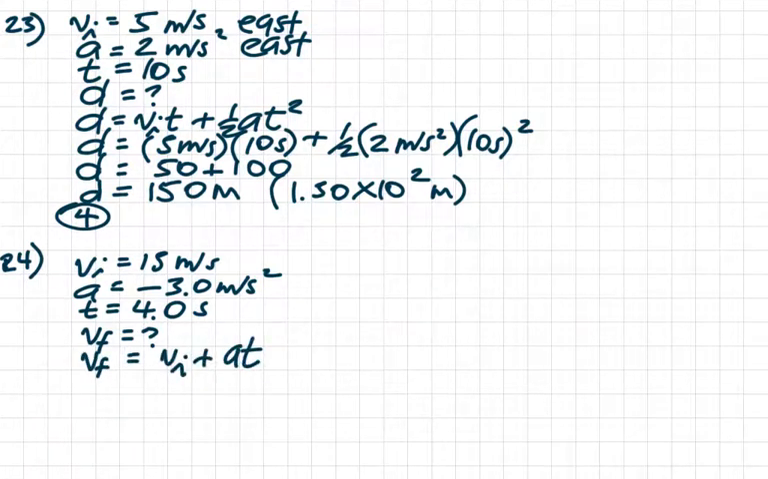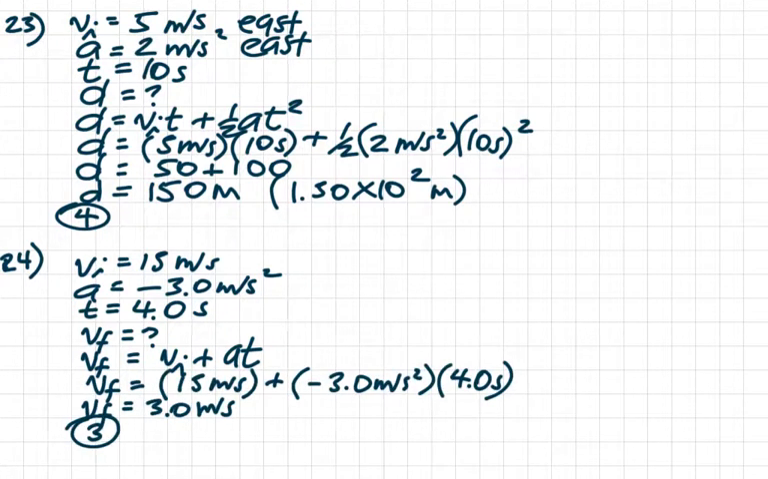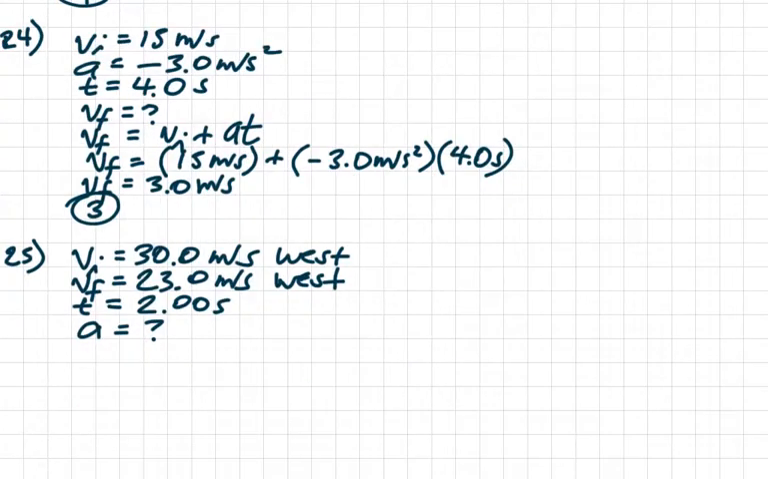Let's use vf equals vi plus at, which is just another way of saying a equals delta v over t, but I'm looking for vf, and this equation will get me there sooner. So let's see what we get. The kid on the bike slows down from 15 meters per second to 3 meters per second. Choice 3. 25. Okay, they said we got a car going west, and it decreases speed from 30 to 23